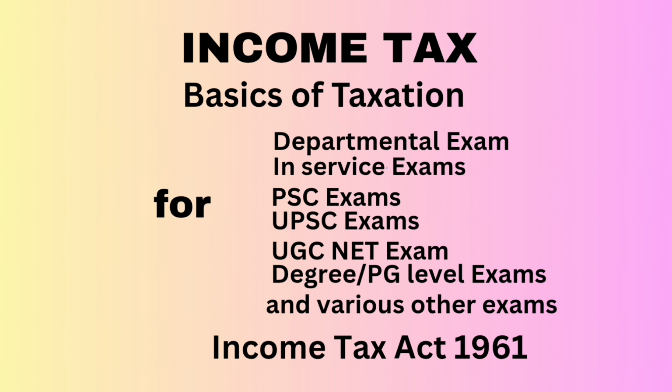9. Export incentives. Example, duty drawback, cash compensatory support, sale of licenses, etc. 10. Value of any benefit or perquisite, whether convertible into money or not, arising from business or the exercise of a profession. Section 28, subsection 4. 11. Interest, salary, bonus, commission or remuneration earned by a partner of a firm from such a firm. 12. Capital gain chargeable under section 45.